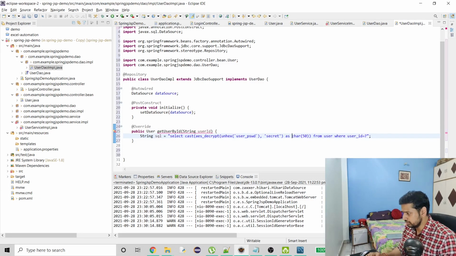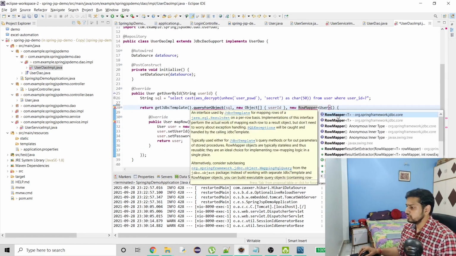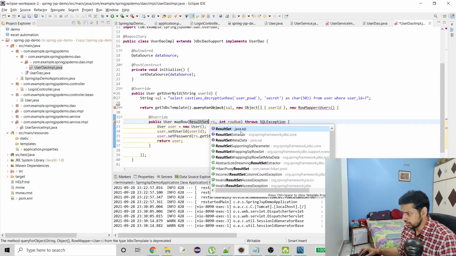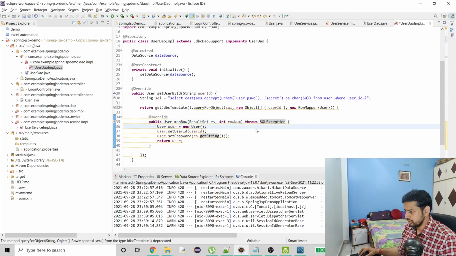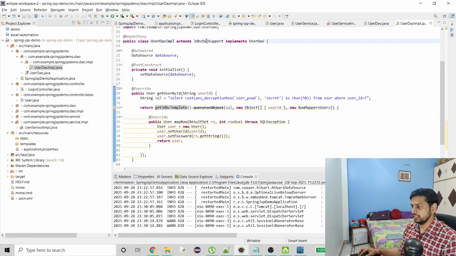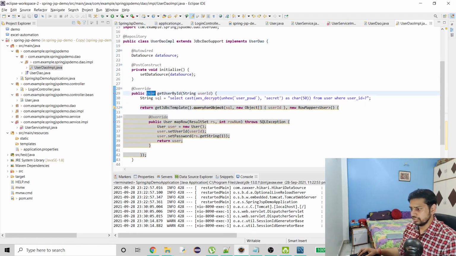right? Everything looks good here, and let me write everything down and then I'll explain. Okay, so this is going to be our code. So let's talk about this, but first let's import these. Okay, so looks good. Here we use JdbcTemplate, and this is being provided to us by JdbcDaoSupport. And here I'm just querying for an object because it is going to return me a user.